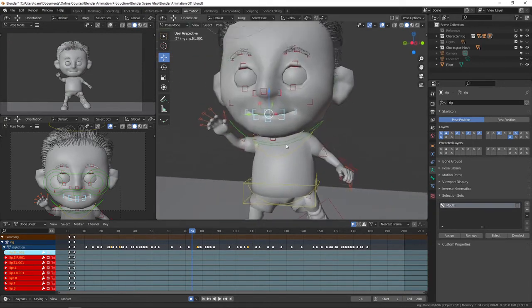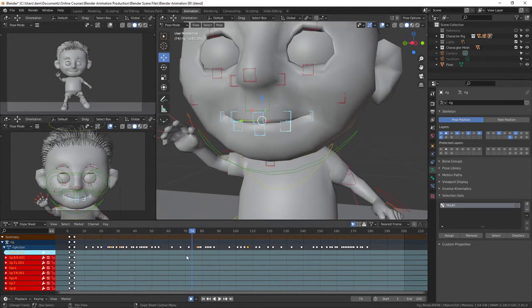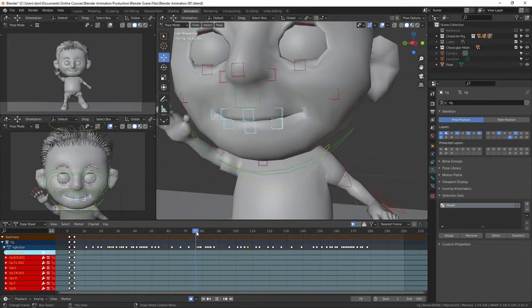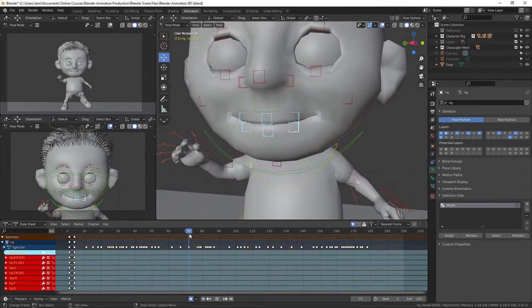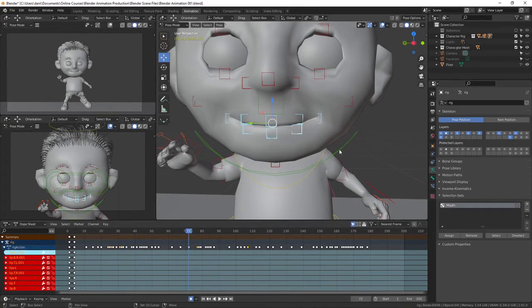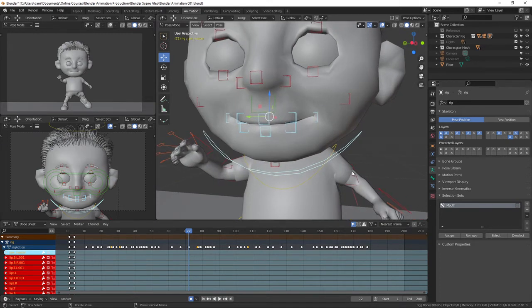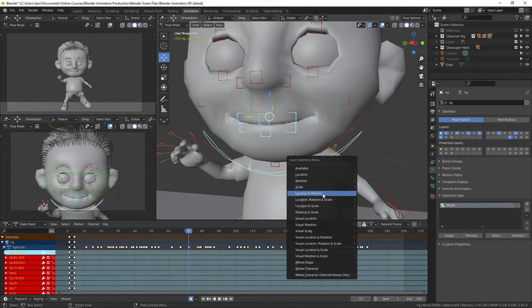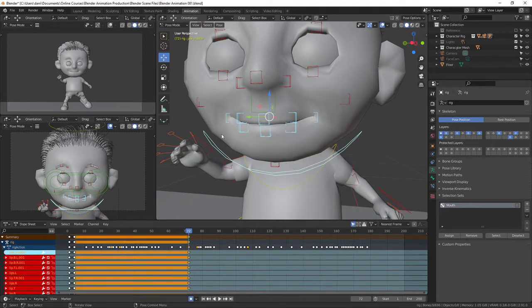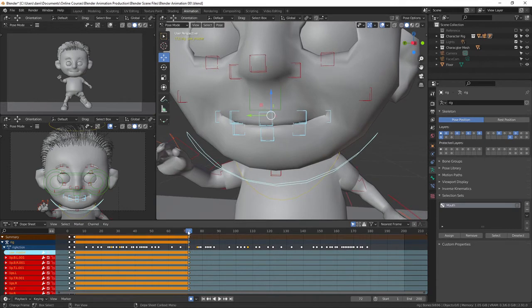All right, so let's begin with the first word here. Looks like it's "hi." So let's begin by keying all of these. I'm going to select both the jaw and that selection set of the mouth, and I'm going to key that. I'm going to hit the I key and choose location, rotation, and scale. Actually, I'm going to choose this one here because we'll be scaling the mouth in and out sometimes too. So I want to be sure and include the scale in that. All right, so as we go forward here,